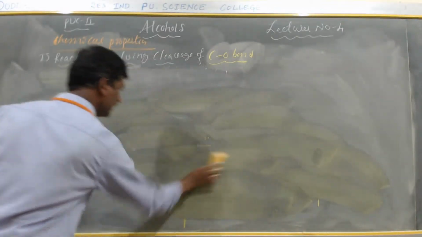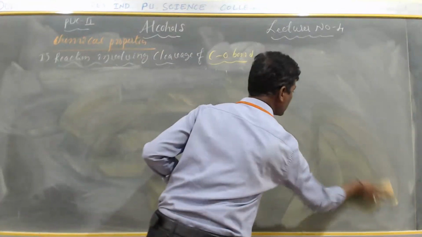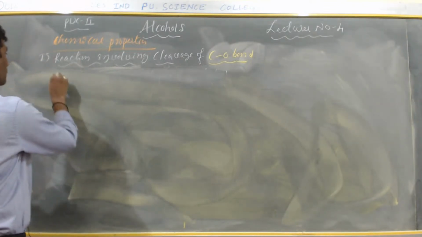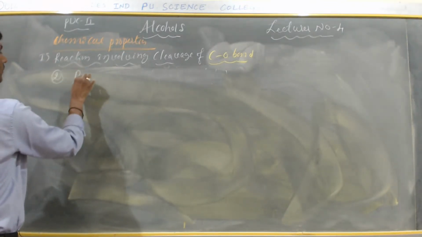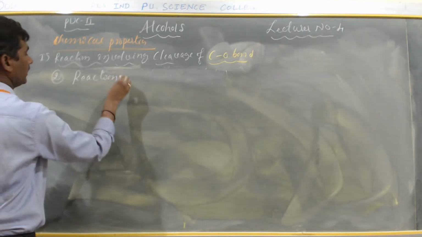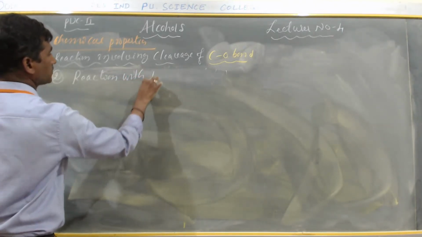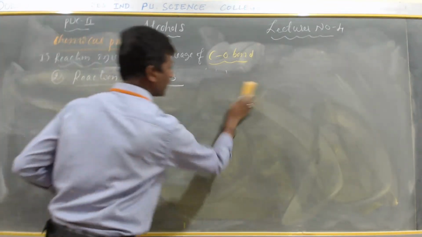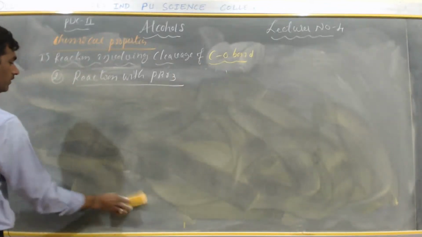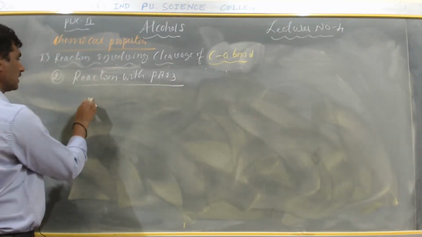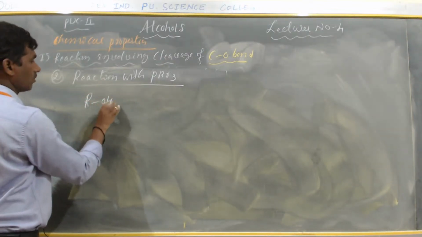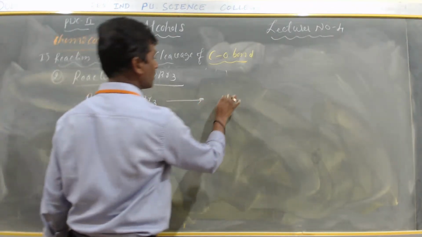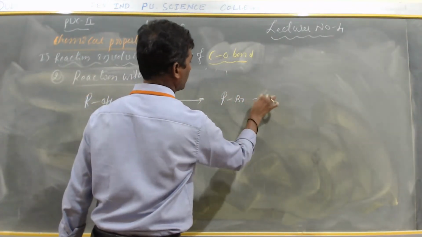The second reaction is reaction with phosphorus halide. Reaction number 2: we have already discussed this in haloalkanes. Reaction with phosphorus halide means PBr3, phosphorus tribromide. In this reaction with phosphorus tribromide, what happens? Alcohol, when it is treated with phosphorus tribromide, the product is RBr plus